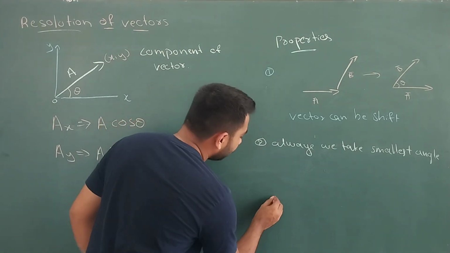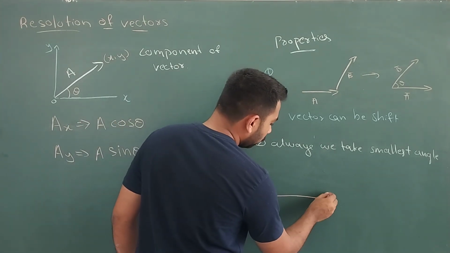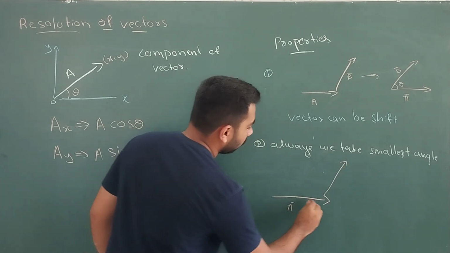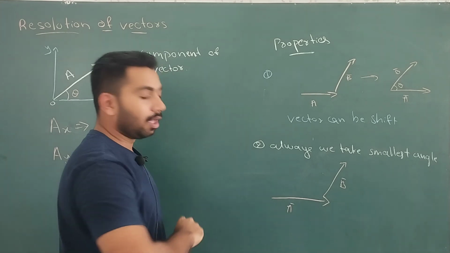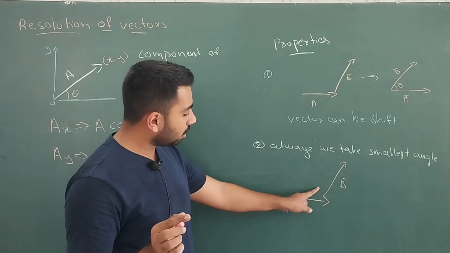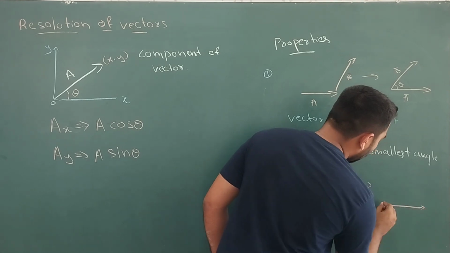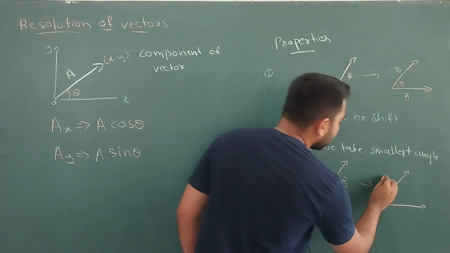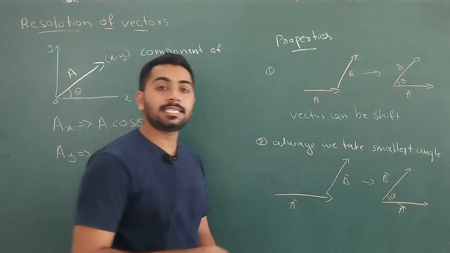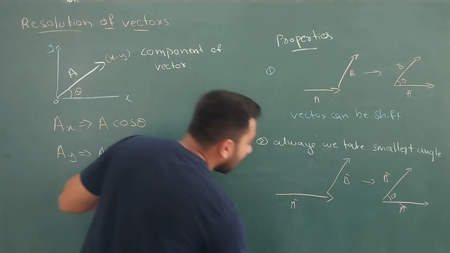I am here, why should you fear? This is one vector. Let us take the same example: vector A, vector B. Now I said we want the shortest angle. If you see here, this is huge. But when I draw it like this, this becomes the shortest angle. Now similarly I will show you a big angle.